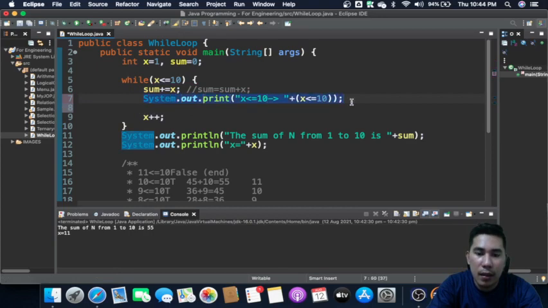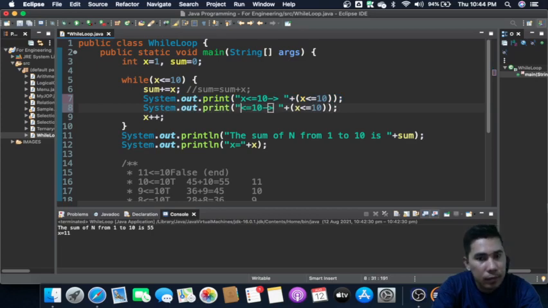Okay. So what we will do here is sum plus equals the value of x.